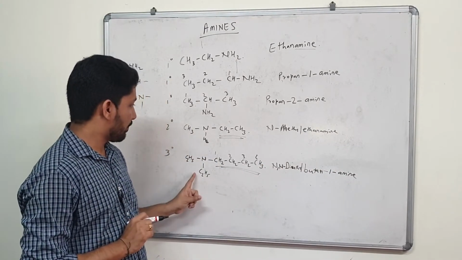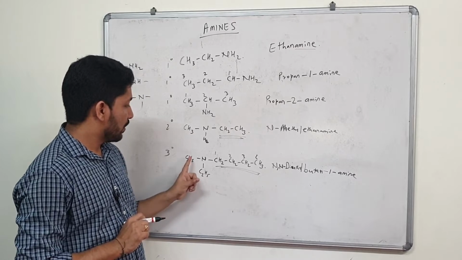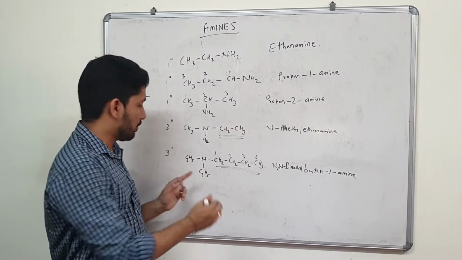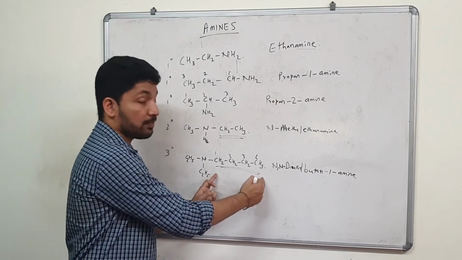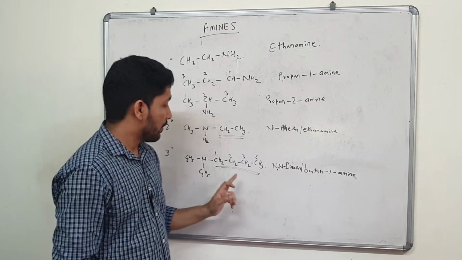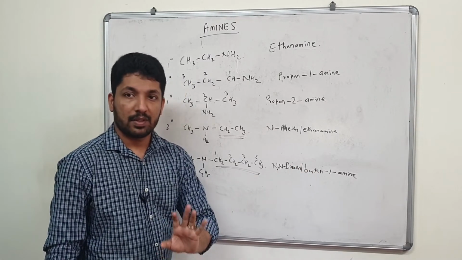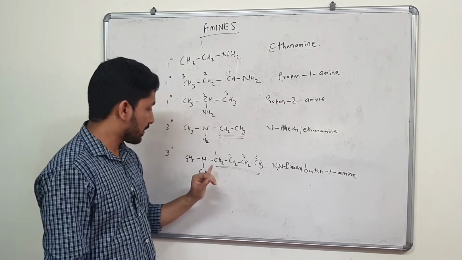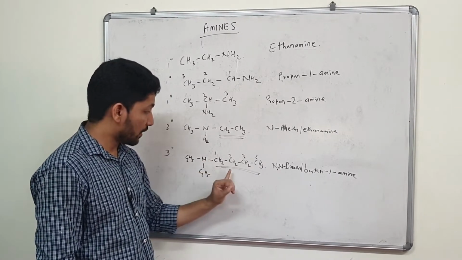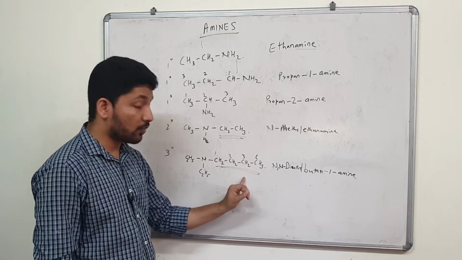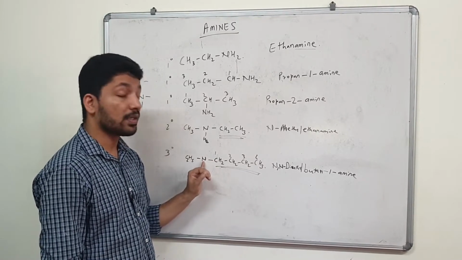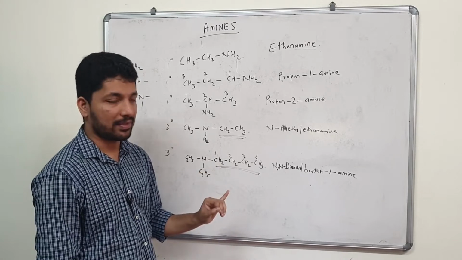Similarly, this compound over here has 2 groups attached to it. First of all, identify the longest chain. This is ethyl, both of them, and this is butyl. So this is the longest chain. So your base compound is butanamine. Butanamine is your base compound, but since nitrogen is attached to the first carbon over here and not attached over here, if it was attached over here or here, it would have become butane-2-amine, but since it attaches to the first one, it becomes butane-1-amine.